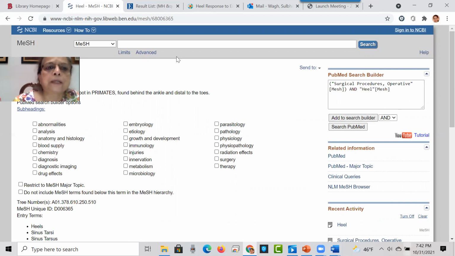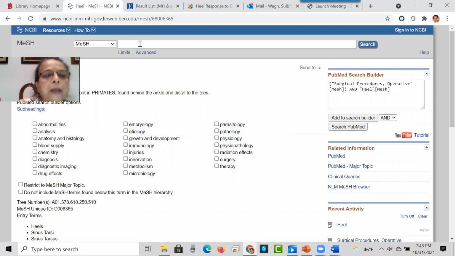The next place that I'm going to look, and the best part of this is you don't have to think of synonyms of what the subject term might be under, because all the subject terms that appear for this topic are mapped to this one, the preferred term that the indexers at the National Library of Medicine have put together. Okay, so